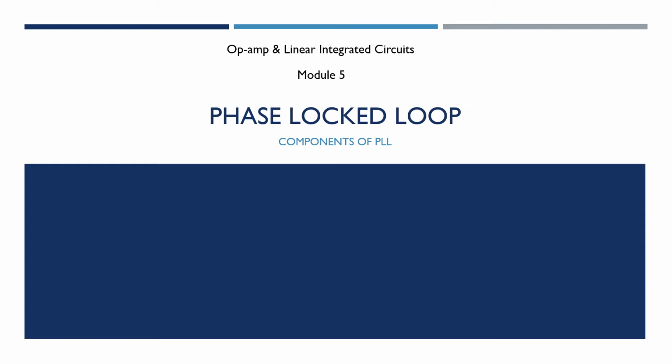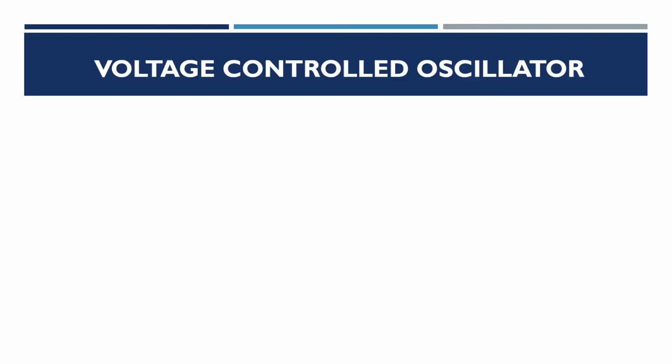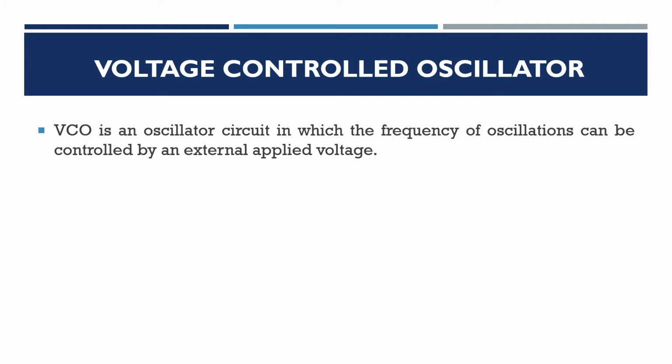So in this voltage controlled oscillator we will see in detail how it is going to provide the frequency, how it is going to convert voltage to frequency. A voltage controlled oscillator is an oscillator circuit in which the frequency of oscillations can be controlled by an external applied voltage. As we have seen in our principle of operation, the signal from the low pass filter or